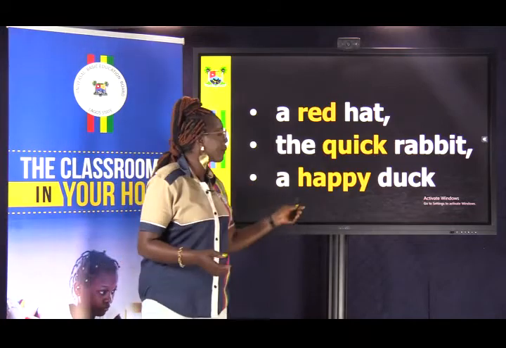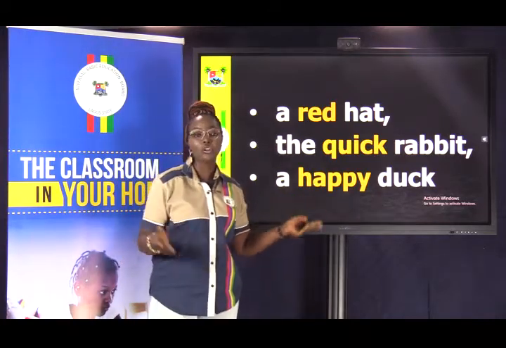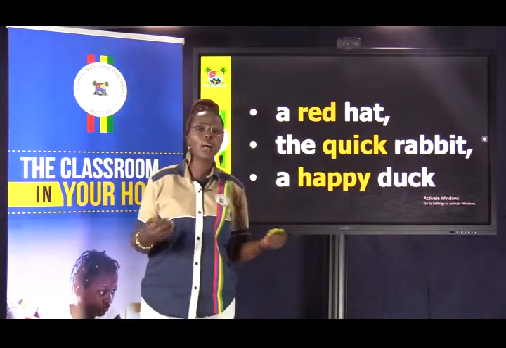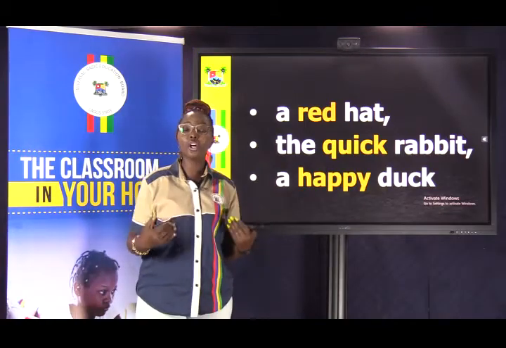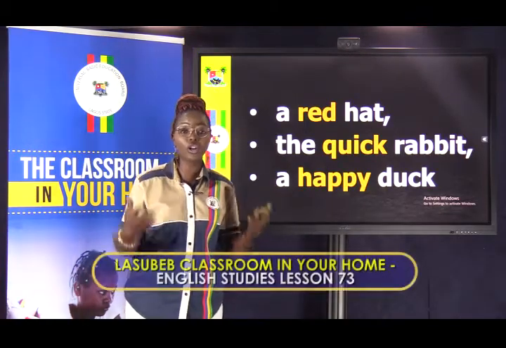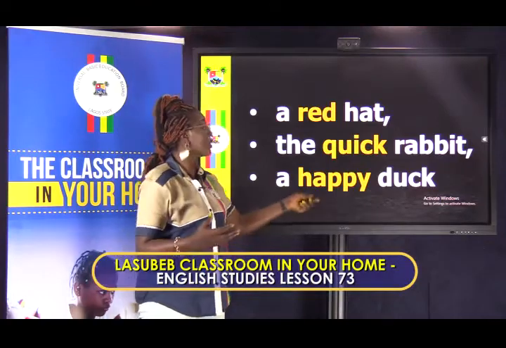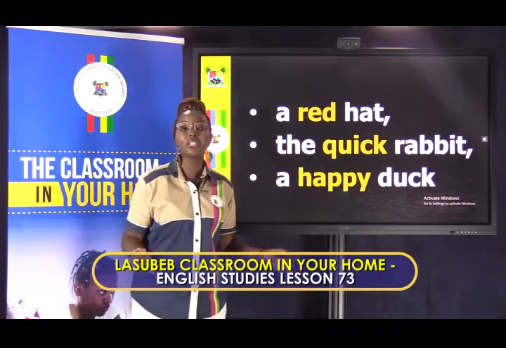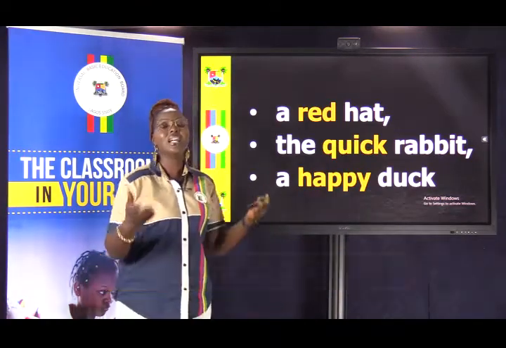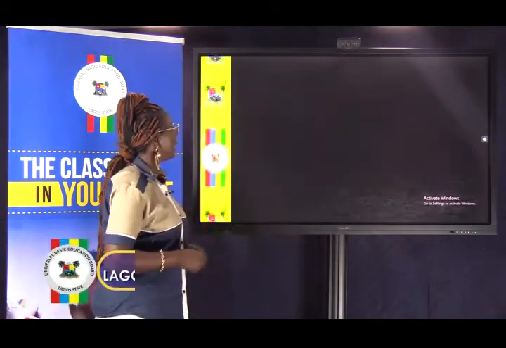Okay, a happy dog. A happy dog. You might be talking to a friend about a dog, but you're trying to describe the emotions, the state of mind of that dog at that particular point in time. You included happy. It means the dog you're talking about is a happy dog. Okay, another one.